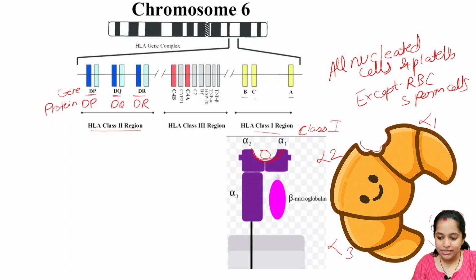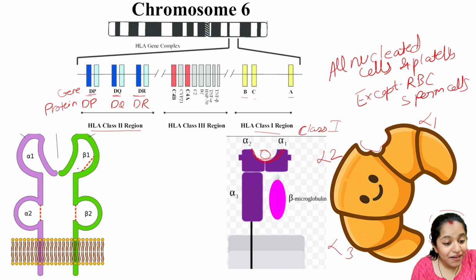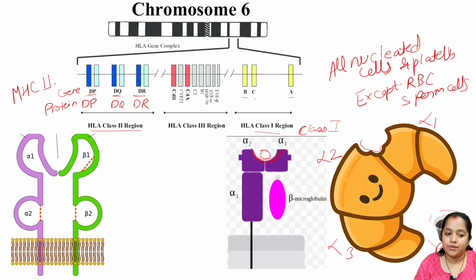These proteins are forming the alpha and beta chain of the MHC2 molecule. This was for MHC1 and this is for MHC2. So the proteins of HLA class 2 are forming both alpha and beta chain of the